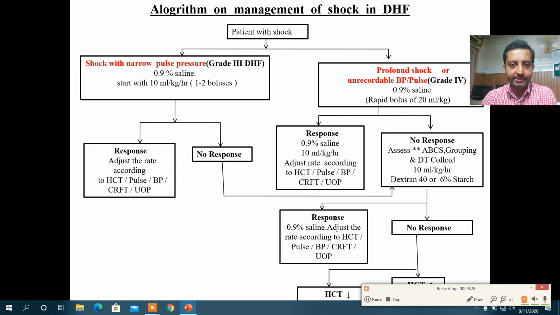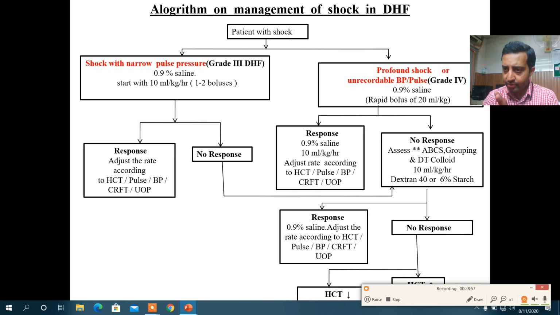थोड़ी सी बिजी स्लाइड है, इसमें देखें there are two types of shock in dengue hemorrhagic fever। लेफ्ट साइड पे ग्रेड 3 शॉक है, और राइट साइड पे ग्रेड 4 और प्रोफाउंड शॉक है। ग्रेड 3 शॉक का मतलब है कि शॉक है लेकिन नैरो पल्स प्रेशर है, बहुत सिवियर वाला शॉक नहीं है। तो इसकी और उसकी मैनेजमेंट में थोड़ा सा फ़र्क है।